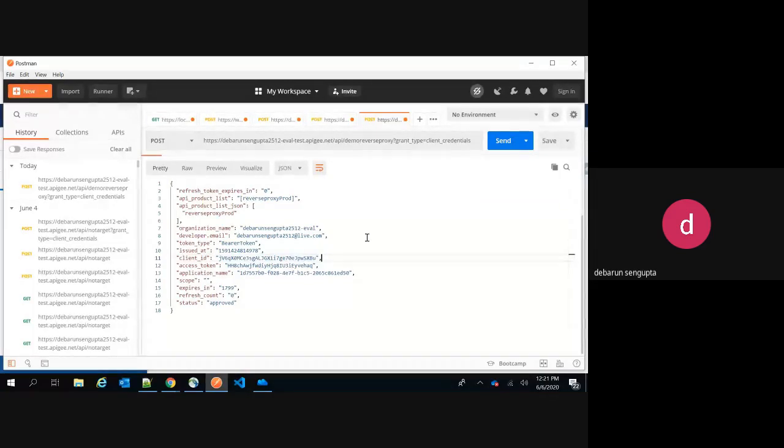OAuth means you will just call that endpoint and it will give you the access token and nothing else. It will not relate to the backend service. Once you get that access token from the FPG service which you have created, use that access token to do a callout to this reverse proxy endpoint, which is another new endpoint you have created, which will actually do a callout to the actual backend service.